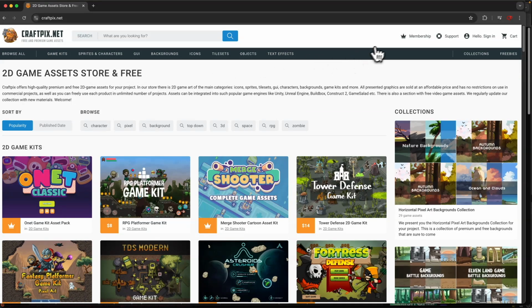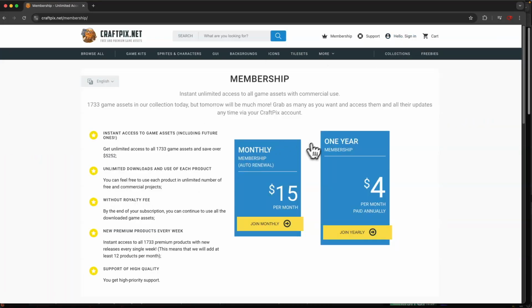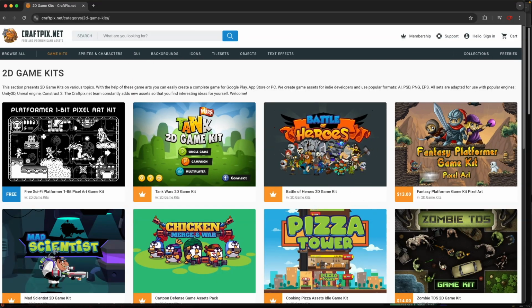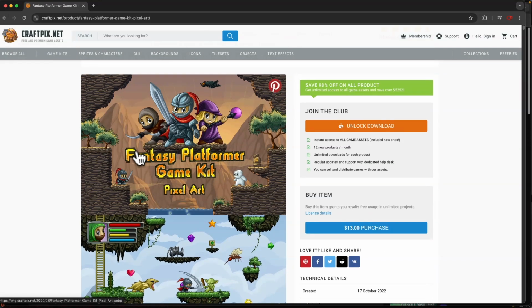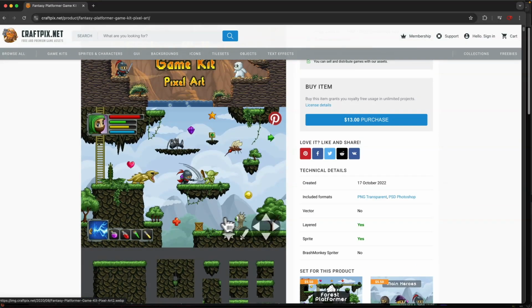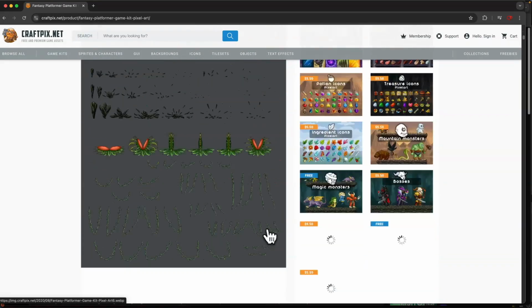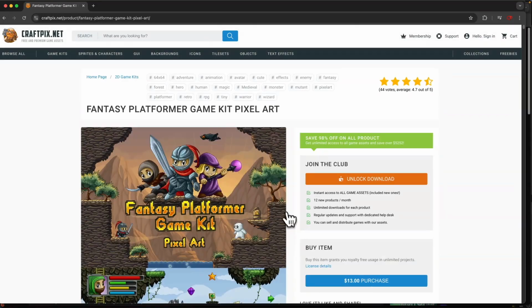So inside the membership area, you can see you have a monthly plan at $15 per month, or you can get the yearly subscription, which is running at $4 per month. So this is not very expensive, and you can use these assets as many times as you like in multiple different projects. I especially like some of them. This is a very nice pack, the platformer game kit. I used this pack in some of my projects in the past, so this is a very nice website,